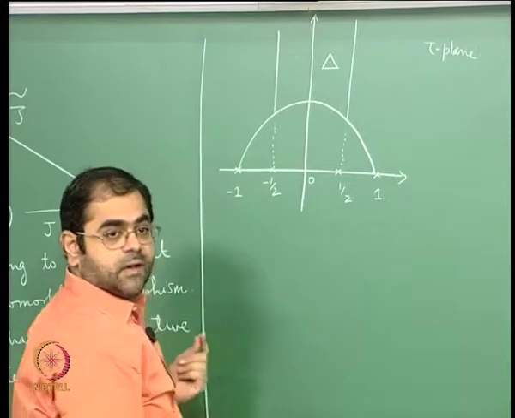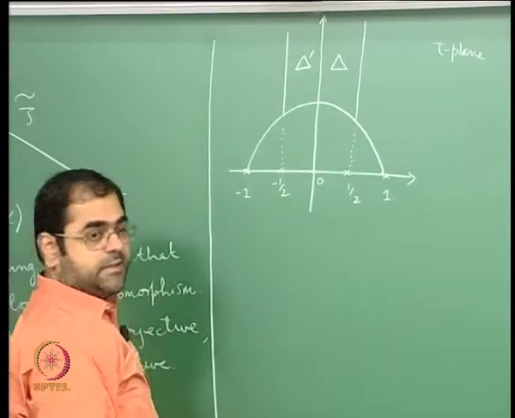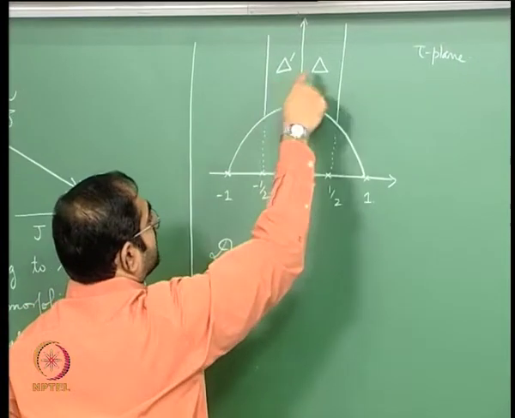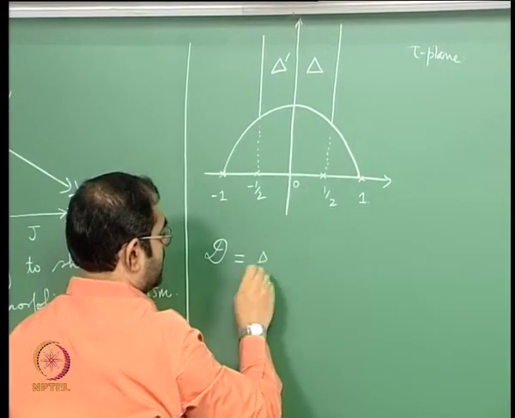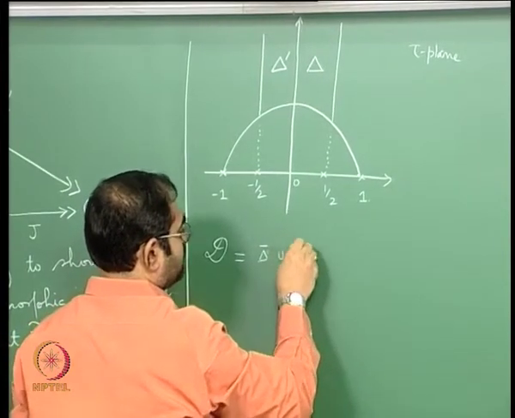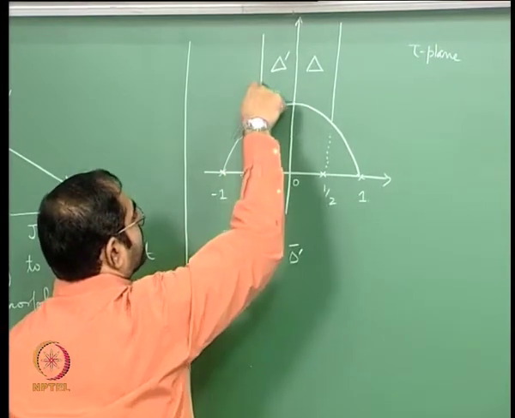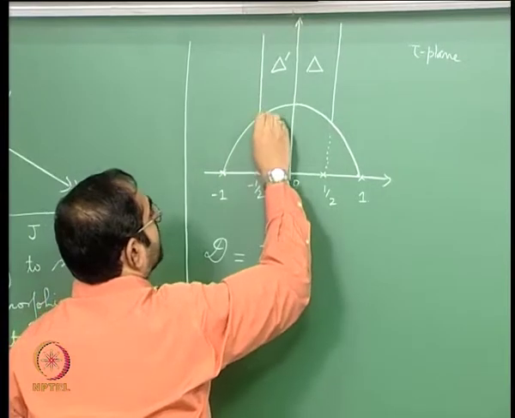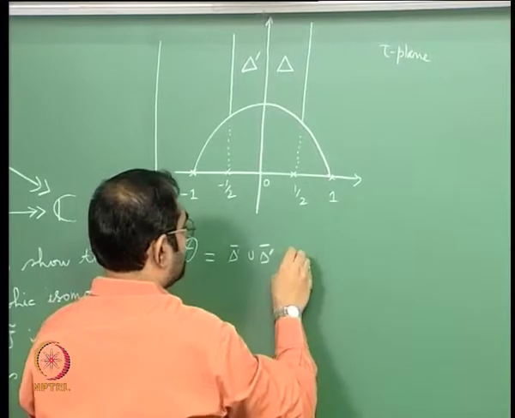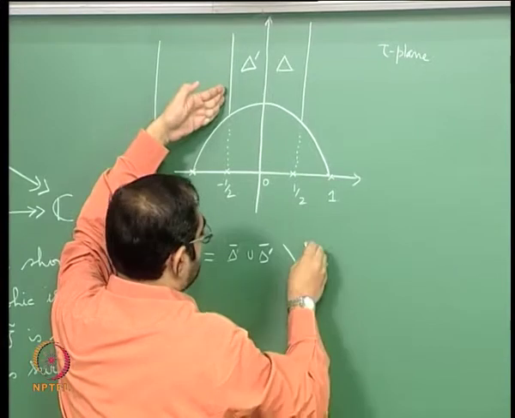and we call its mirror image by the imaginary axis delta prime. Then we defined the domain D to be the union of the closures of delta and delta prime, but then you take this line away and you take this arc away, okay. So it is this set minus